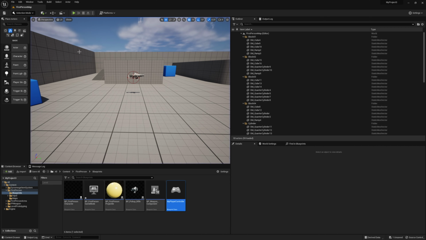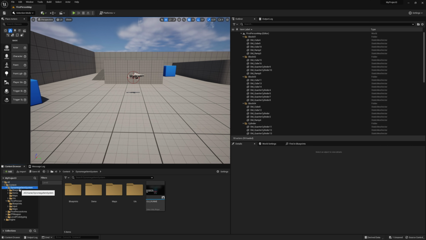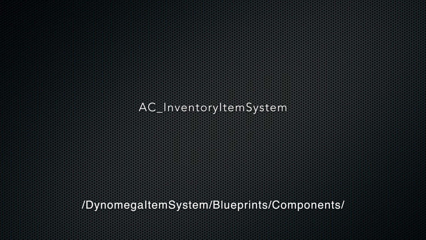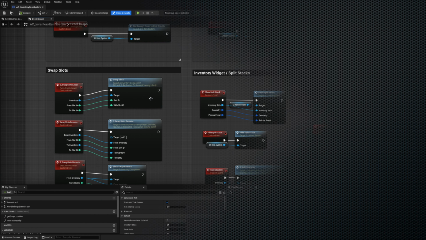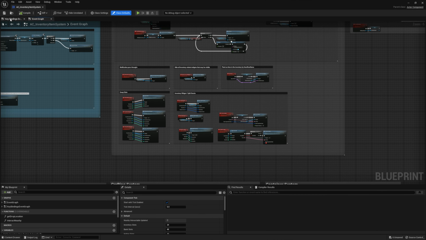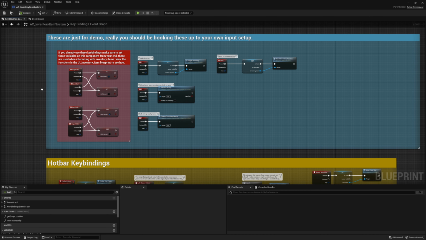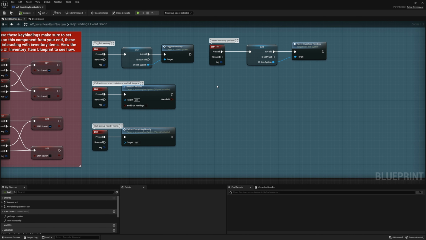The rest of this video will walk you through adding and configuring some of the major systems included with this asset. But before we continue, take a moment and open up the AC_InventoryItemSystem component located in the Blueprints Components folder. This is the component we attach to our player controller. There are two event graphs on this component. Hop on over to the Keybindings event graph,